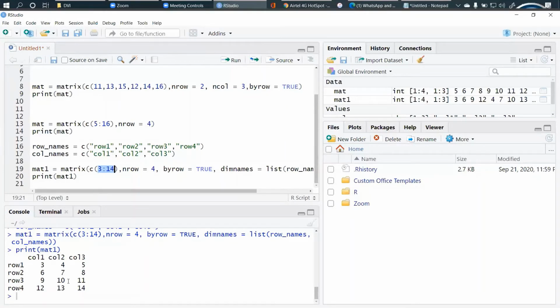What it does is go in a circular manner, because we have mentioned there will be 4 rows and 3 columns, and I need to fill the remaining positions. So I'll start again with my first number. After 10, the series starts again with 3. So here it will be 3, here it will be 6, 9, 12. So it will be in a circular manner, and every element of this matrix with rows and columns will be filled up.